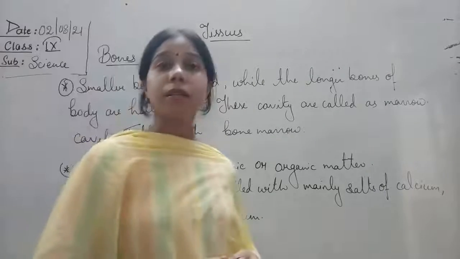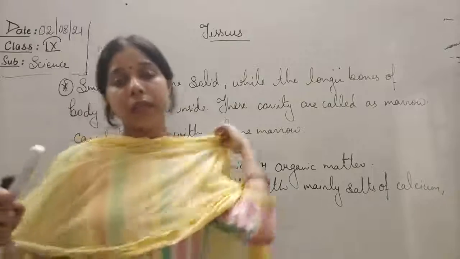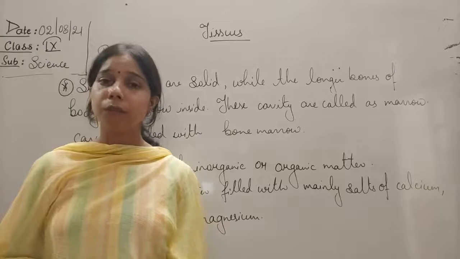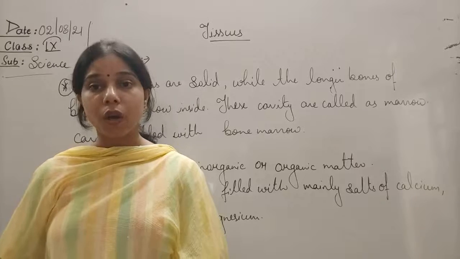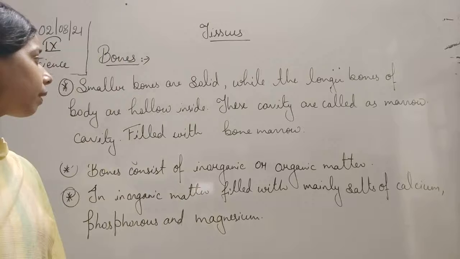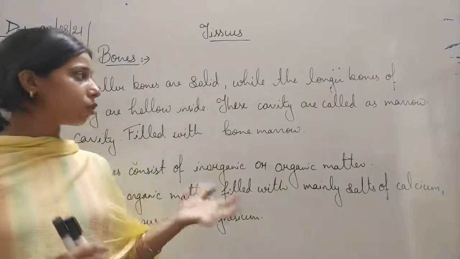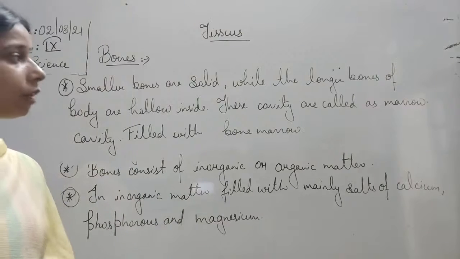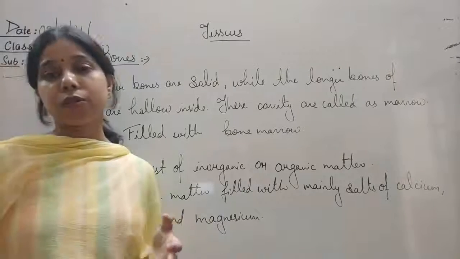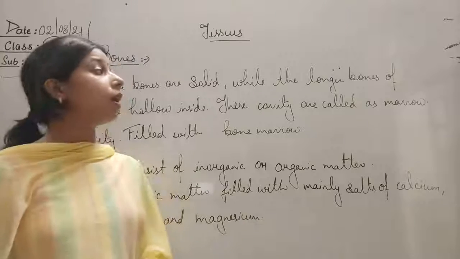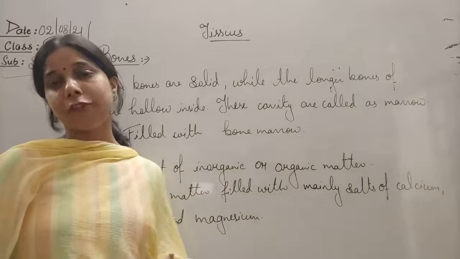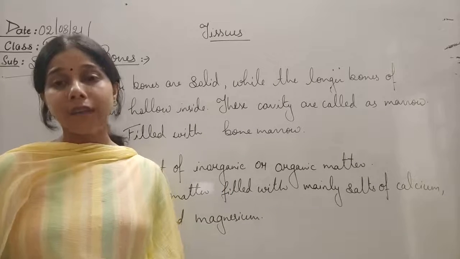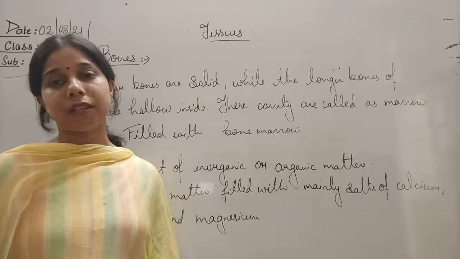So these are some of the characteristics of the bone, students. Yes, it is the hardest part of the body, and if it is hardest, only then it will provide the strength to the body to stand. So we can say that it helps in providing support and strength, and the bones are of two different types. They have a different matrix, inorganic or organic matrix. Smaller bone or a longer bone, they differ from each other, as the smaller bone is solid, while a longer bone consists of a cavity which is called as a marrow cavity filled with the bone marrow.